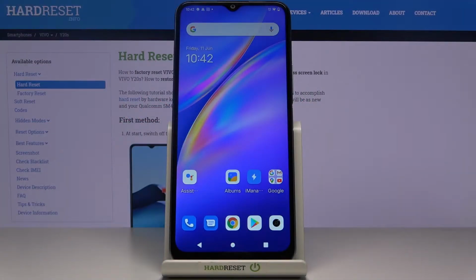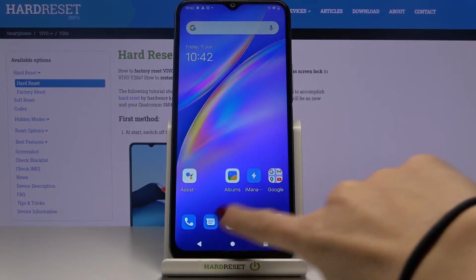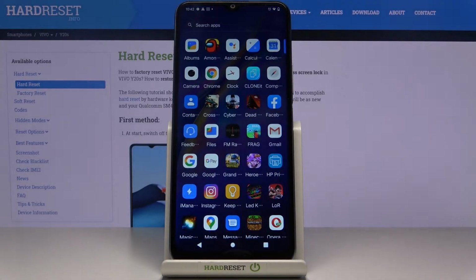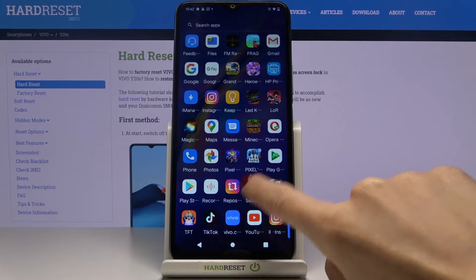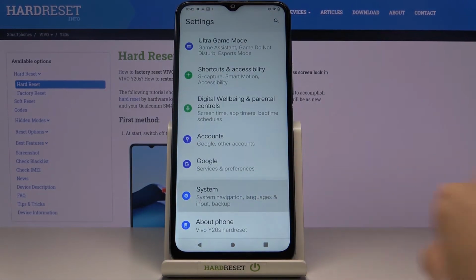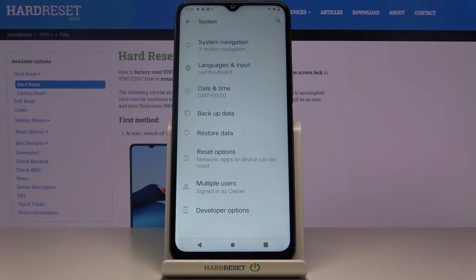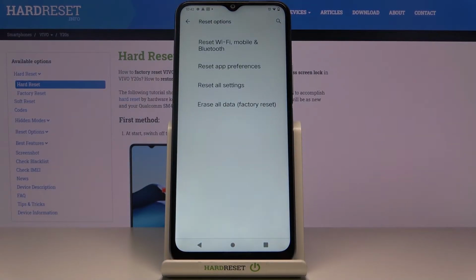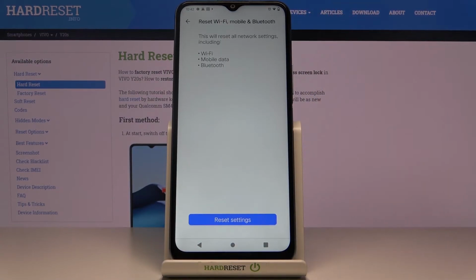Here we've got VIVO Y20s, and let me show you how to reset network settings on the following device. So at first you need to open the list of all apps, go to the settings then, and now click on System. Here you will notice reset options, so just click on it and then select Reset Wi-Fi, Mobile and Bluetooth. And if you really want to reset all network settings, including those for Wi-Fi, mobile data and Bluetooth, click